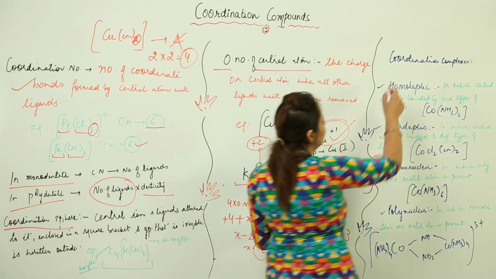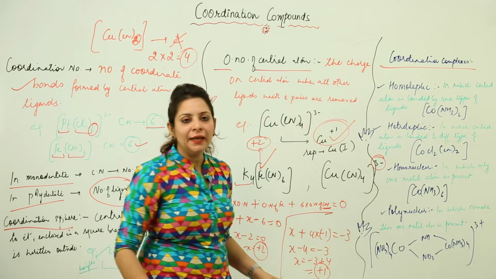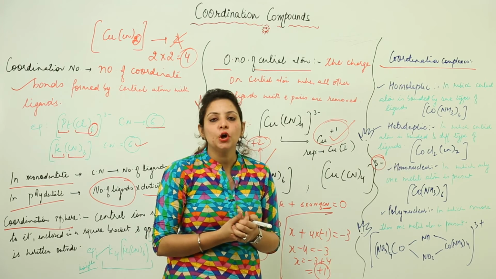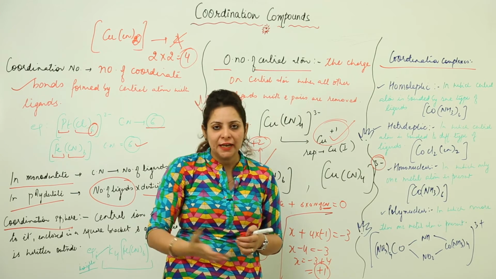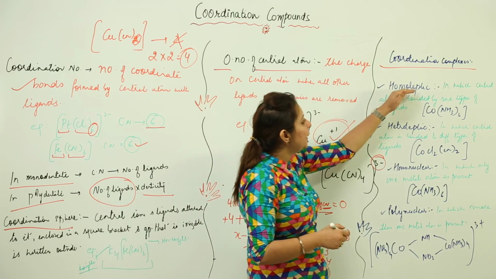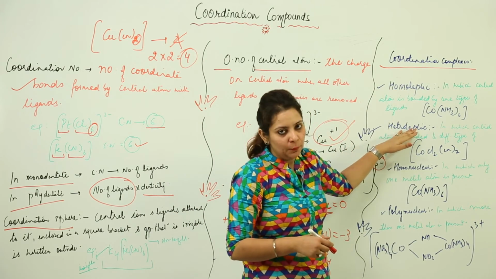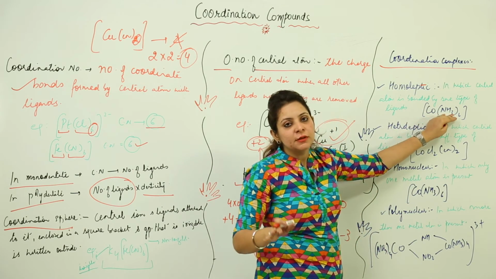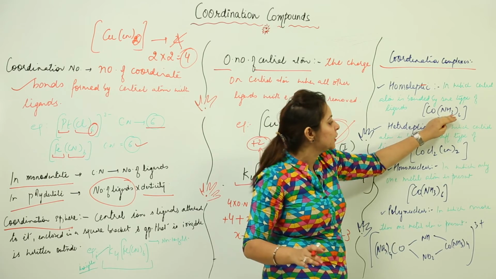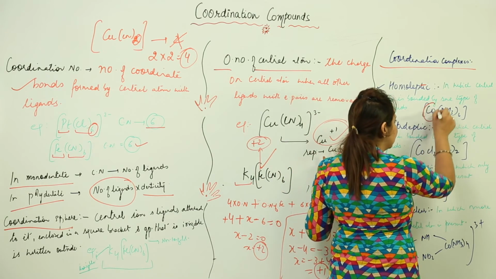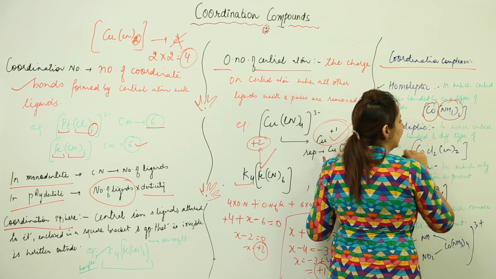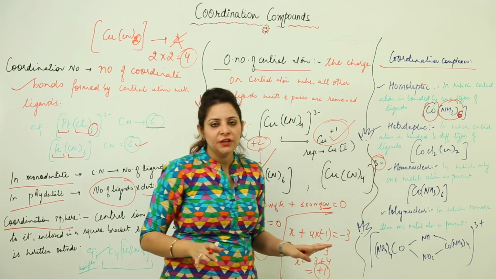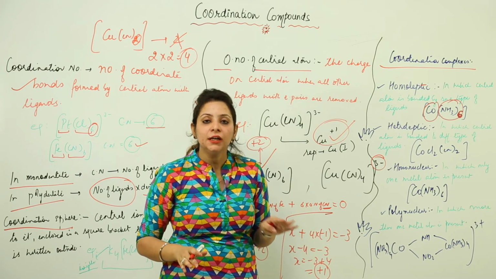Now as we know about the coordination sphere and the complexes, we are going to classify the complexes into many types, depending upon the similarity or dissimilarity in the ligands. So we have homoleptic complexes and heteroleptic complexes. A homoleptic complex is one in which the ligands are all similar, the same groups. As you can see here, this is the central metal atom cobalt and NH3 is the ligand, and 6 ligands are there. These NH3 ligands are all the same as each other. So that means it belongs to a homoleptic complex.